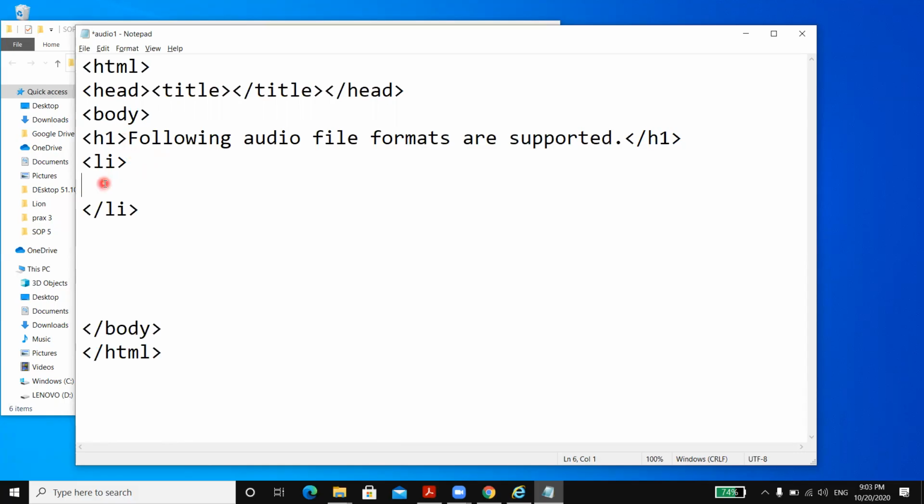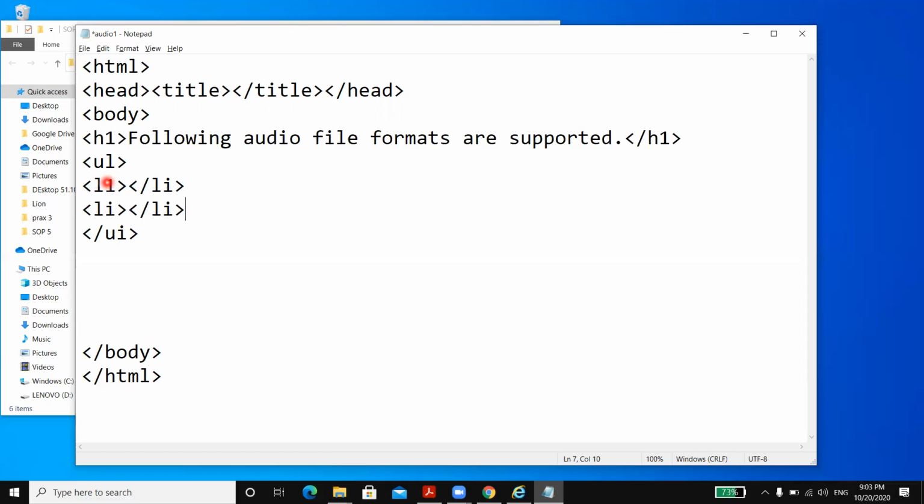So here we are trying to show the list of the file formats which are supported. We can write it as an ordered list or an unordered list. You can write an unordered list also, so UL and the closing of the unordered list. And here you can write the first option, closing of li, not one, it's li. So here also I will write the opening of the list and the closing of the li.